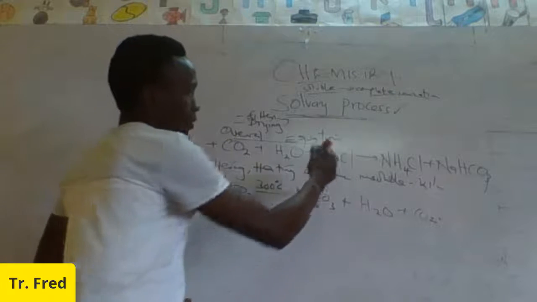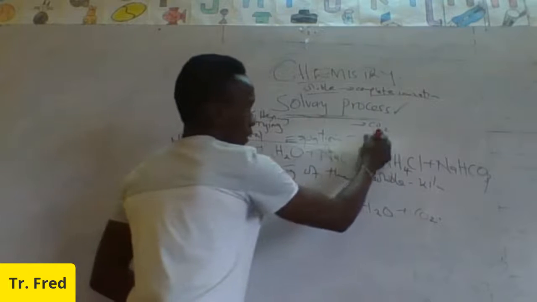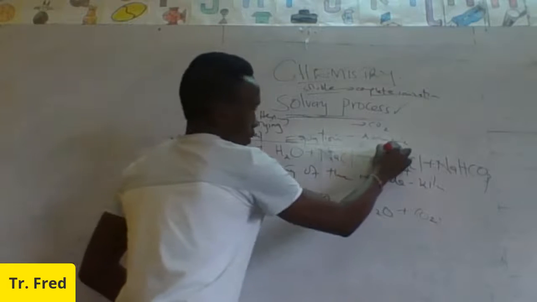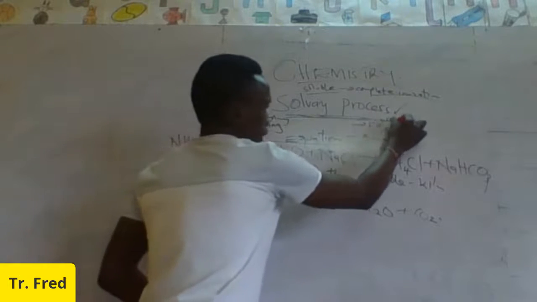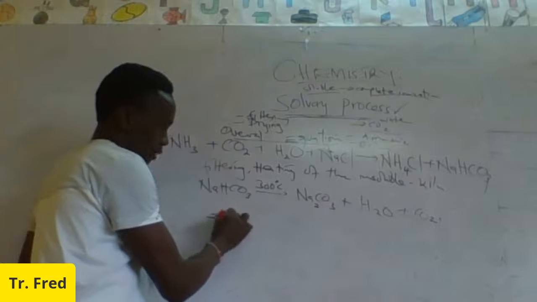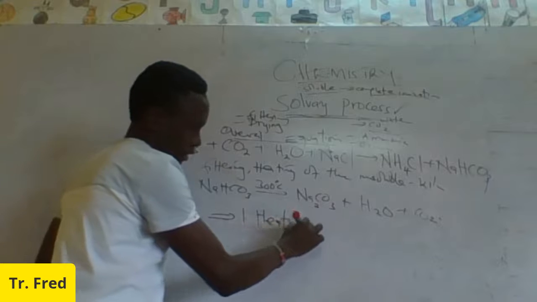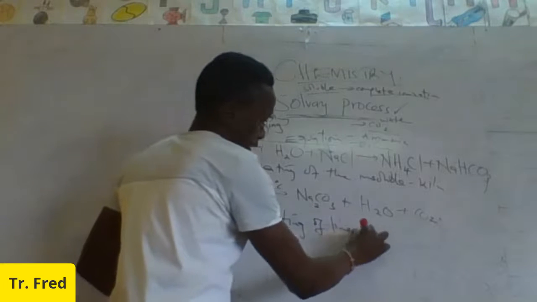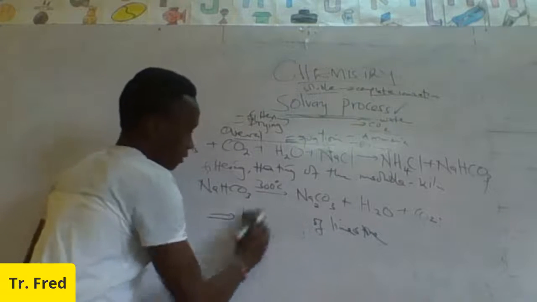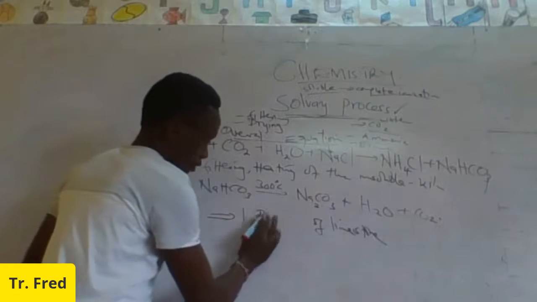However, in the initial process, where you needed the raw materials, we have seen that carbon dioxide is one of them, ammonia, and also brine, which is concentrated sodium chloride. We also need some water. Now, how do you obtain the carbon dioxide used in this process? Carbon dioxide is obtained by two methods, and one of them is by heating of the limestone. Limestone is being roasted. You can use the word roasting instead of heating, because at very high temperatures in the ignition chamber, you can talk of roasting